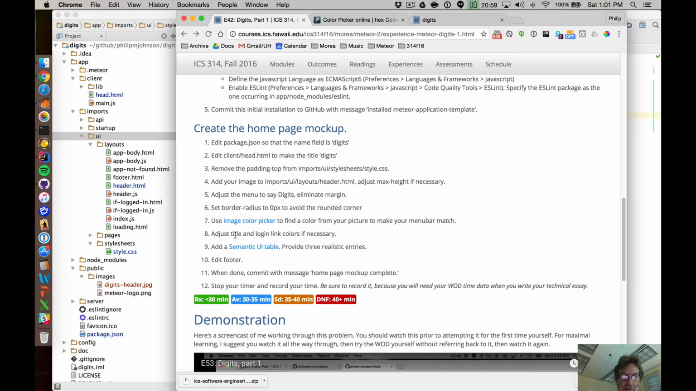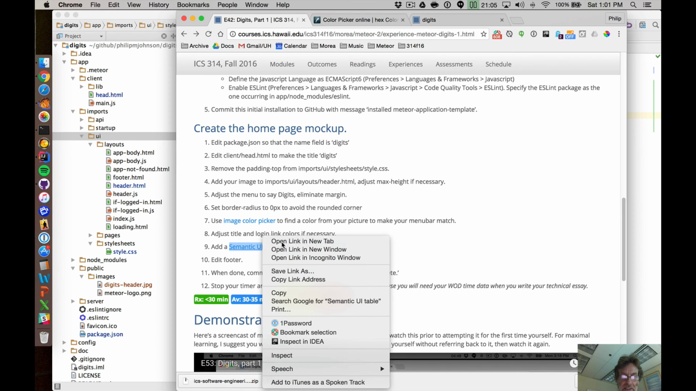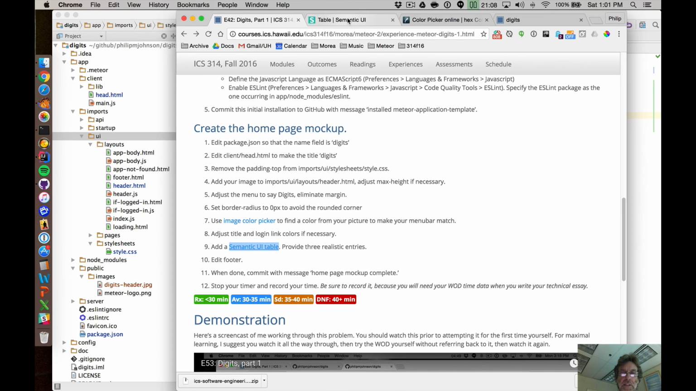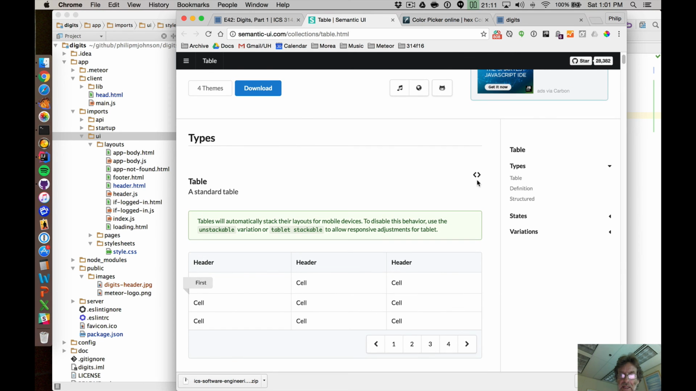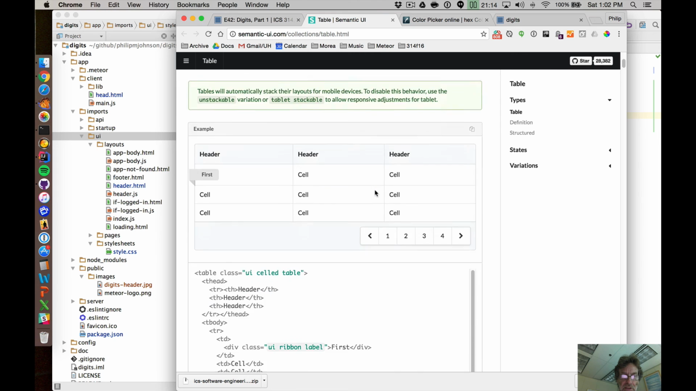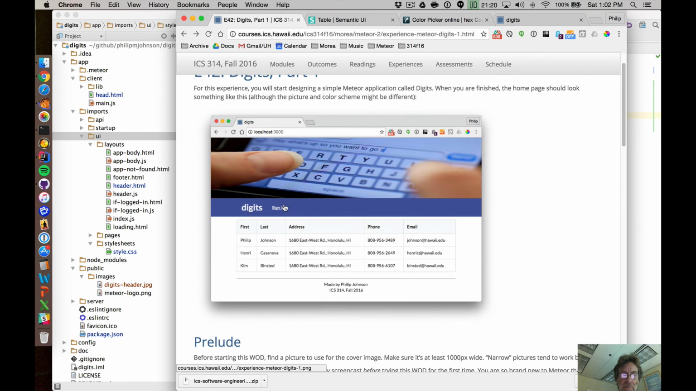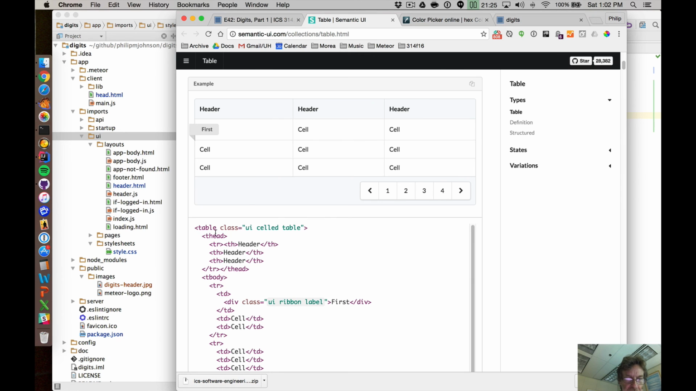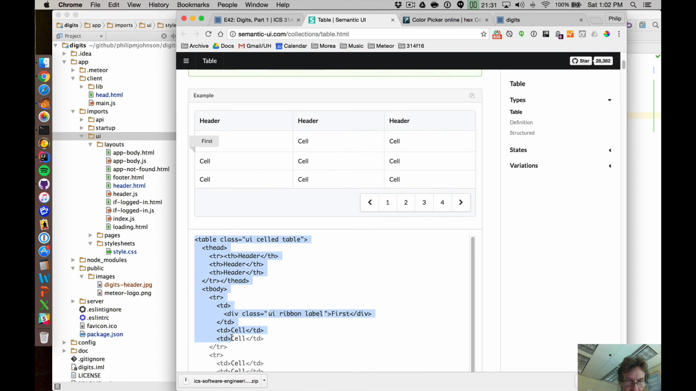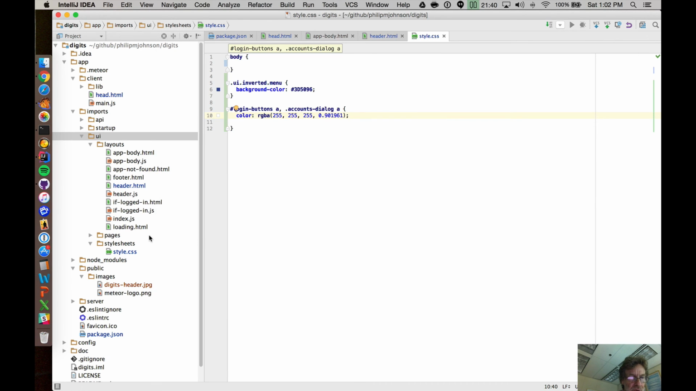Okay, so we adjusted the title and the login link colors because they were necessary. And now we have to add a semantic UI table. Okay, so we can look up the documentation here, and I say we just pick the first one, and here's an example here. And basically we've got to get something that looks like this: first, last, address, phone, email. So let's copy and paste the table class, the first little bit of this code, and then we've got to go into our